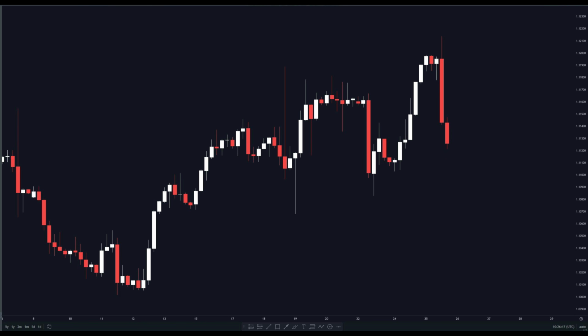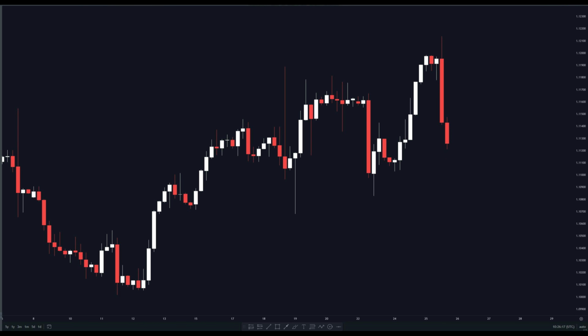Here's an example of an aggressive pullback. We can clearly see that market is in an uptrend, and this is the latest impulsive move, and this is an aggressive retracement or pullback. We can see that the pullback strength is very strong, and we have heavy momentum candles in the pullback, showing